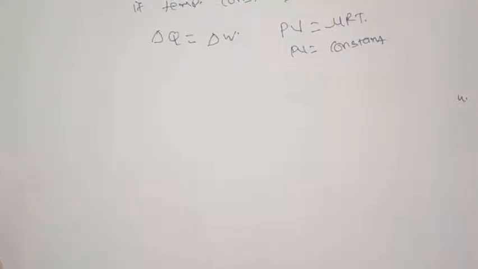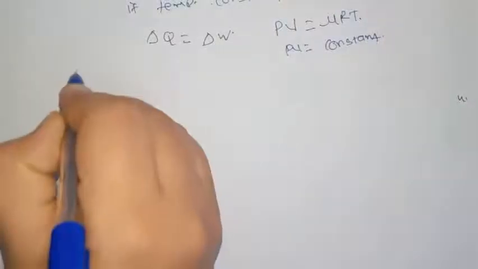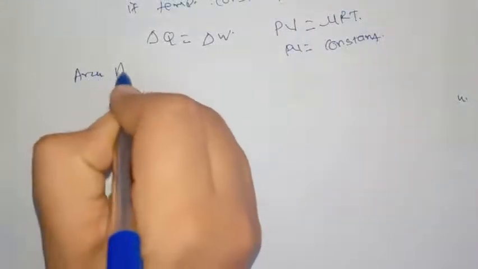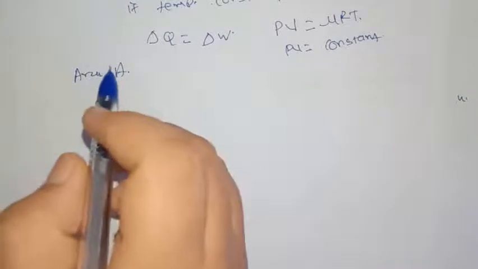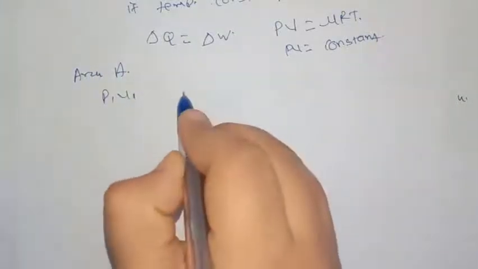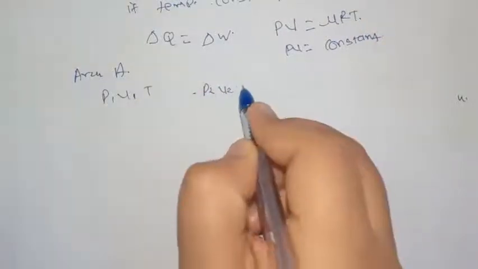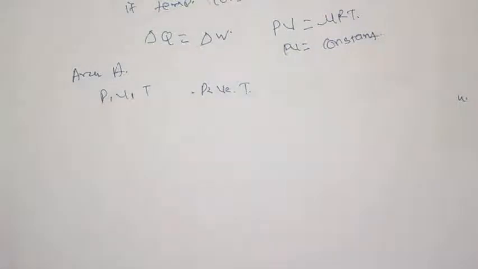Consider an ideal gas enclosed in a cylinder with perfectly conducting walls and fitted with a perfectly frictionless and conducting piston of area A. Let its initial states be P1, V1 and final states be P2, V2. Here temperature is constant, let's say that is T. Now the force